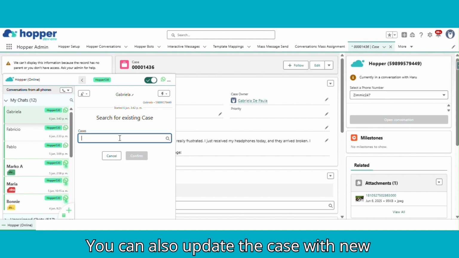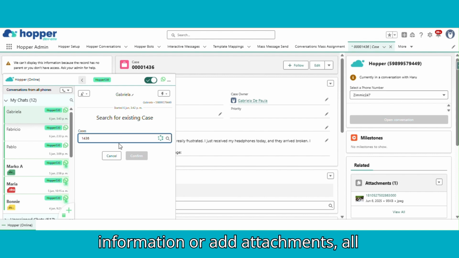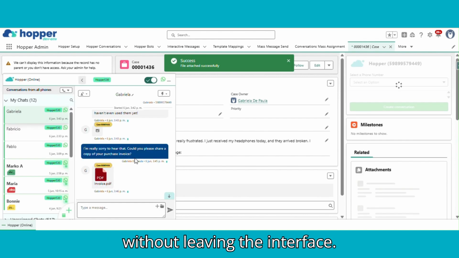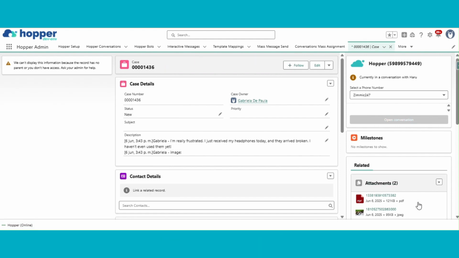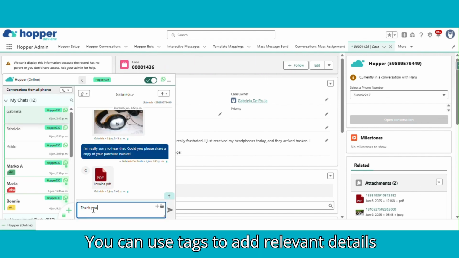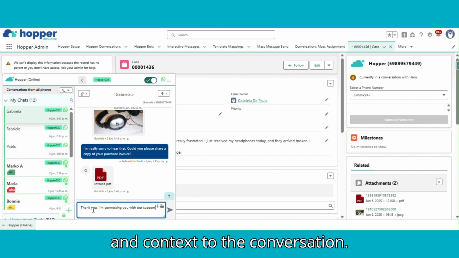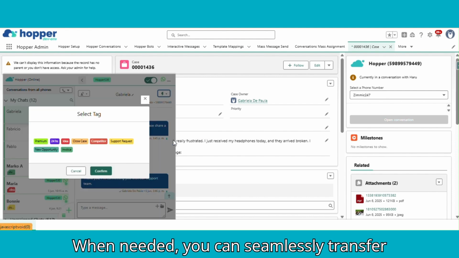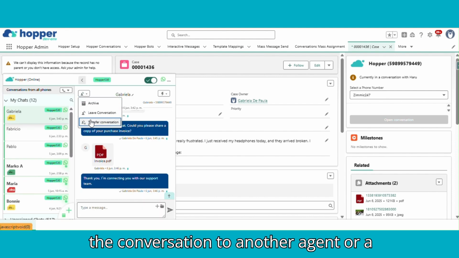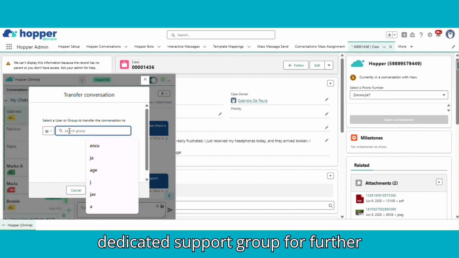You can also update the case with new information or add attachments, all without leaving the interface. You can use tags to add relevant details and context to the conversation. When needed, you can seamlessly transfer the conversation to another agent or a dedicated support group for